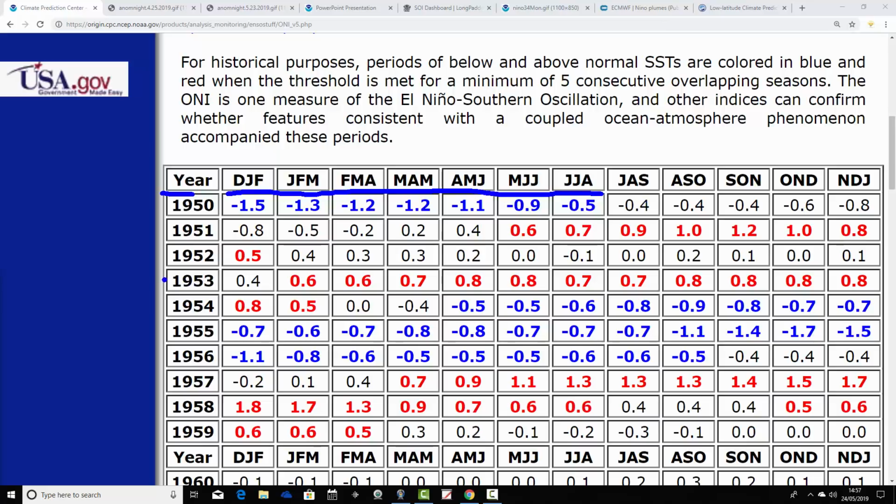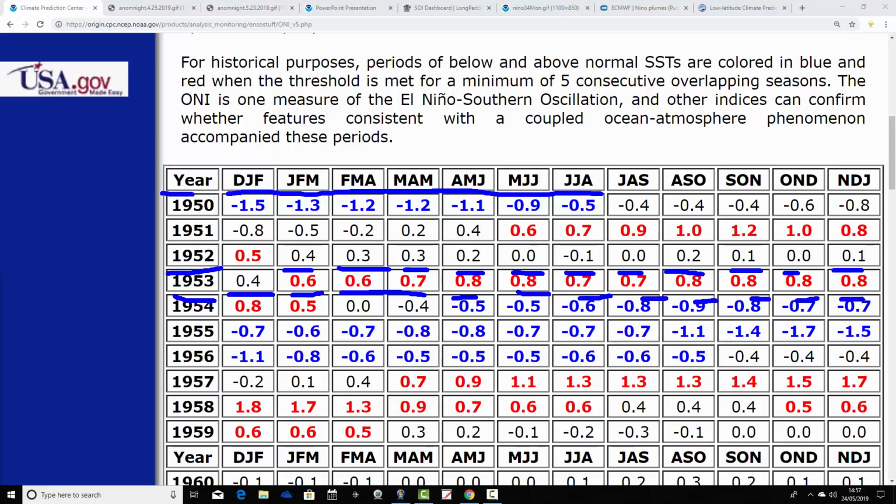Conversely, 1953 to 1954 is an El Nino period. You see these positive red numbers in the boxes here. That is a weak El Nino taking place through the majority of 1953. Actually, it started very early and carried on through most of the year and into the opening months of 1954, before we go to ENSO neutral, indicated by these black numbers, and then very quickly through 1954 we go off and running into a cold event, again into a La Nina.